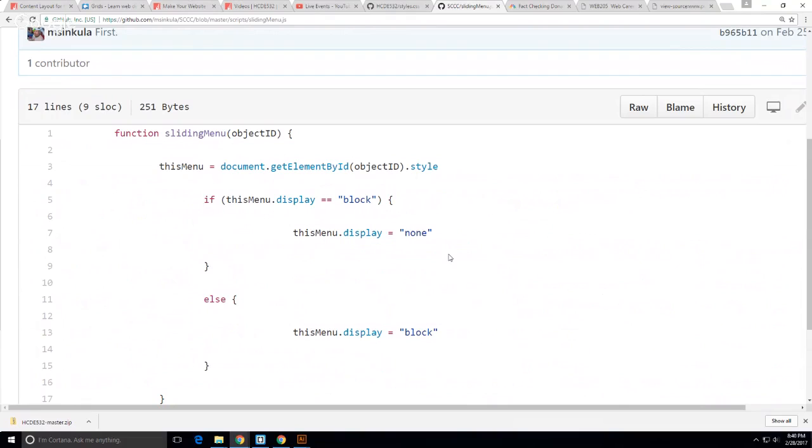Great. If this menu dot display equals block, if it's open, close it. Else, meaning if it's closed, open it. Ladies and gentlemen, you have yourselves a toggle menu right there. Okay? How many of you were able to look at that and walk through reading that? Okay? So, in terms of then,